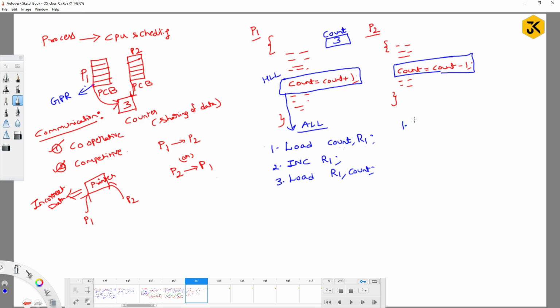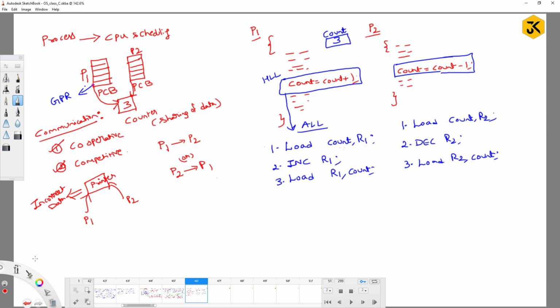If I say first one, load count variable into, let me check the process related to P2 as R2, and you are trying to perform here decrement R2, and then you are performing load R2 into count variable. Okay, fine. Now in this particular situation, assume process P1 and P2 are communicating via cooperative manner, means some agreement